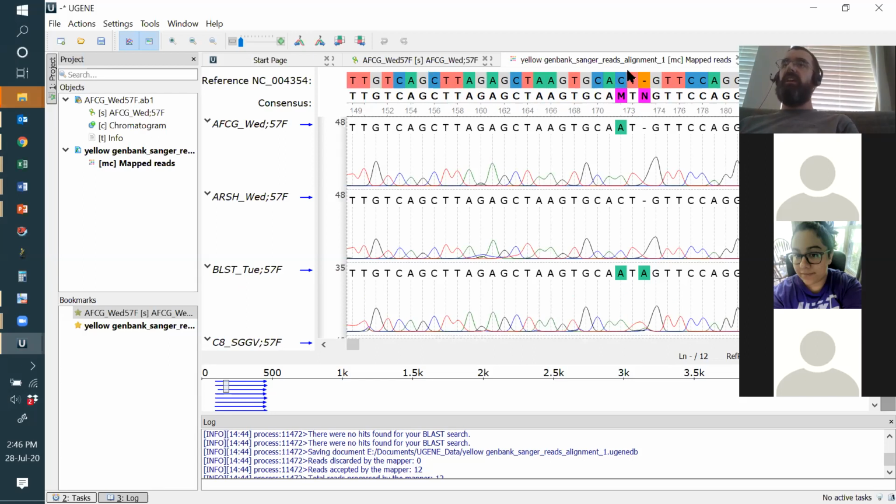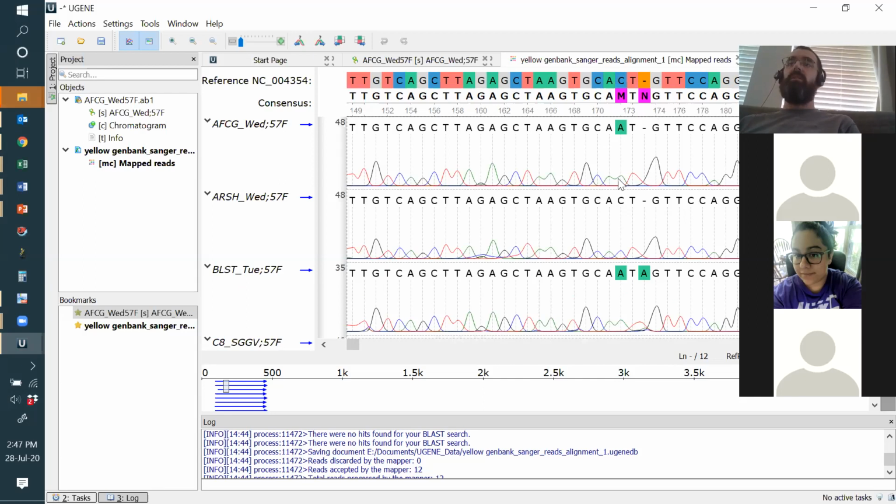This CTG is the start codon, or what would have been the start codon in the wild type sequence. So you can see this read, right? Whoever AFCG were, no idea. This is a wild type sequence, right? So this must have come from a brown bodied fly because we have a proper start codon here. This is ATG. Here, we don't. This is CTG. So this fly, whatever that was way back whenever those sequences were generated, must have